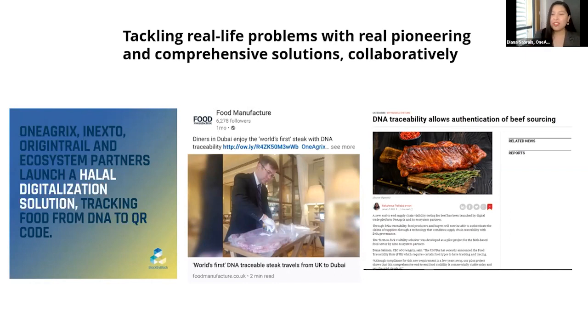Of course, there are other points, but at OneAgrix, this is the entire ecosystem that we offer for faith-based, for halal, best in class. You don't have to vet which is reliable or not. We've done it. It's proven. The proof is in the pudding. And now let's harness this data and create a digital trade environment where we can trade faith-based and halal food.